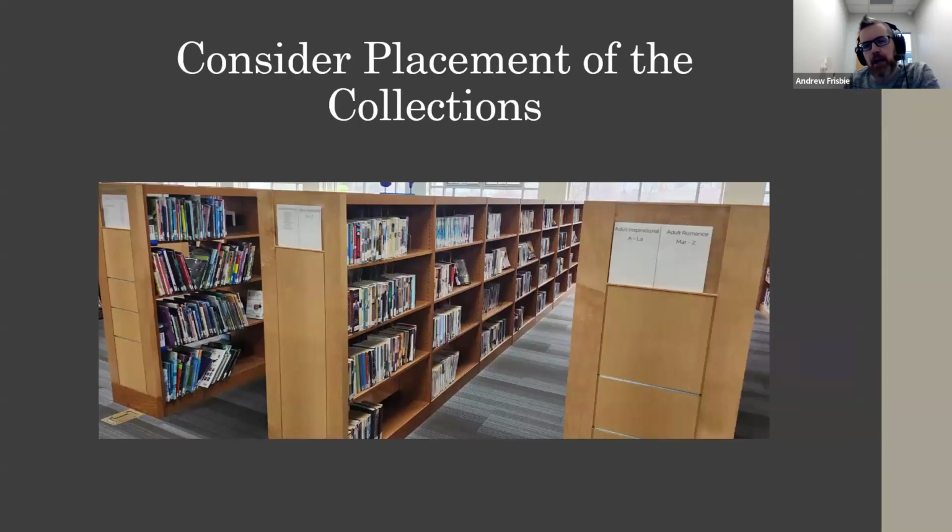I know some libraries have a completely separate room or a completely separate level for their youth collection. Ours runs right up against adult. We don't have a nice hard line. So if you have some say in the arrangement of the collections, utilize that or figure out a way to get in on it. Right here on the far left is our juvenile nonfiction, and then it comes up against some of the adult genre fiction. So we very intentionally placed the adult inspirational right there.